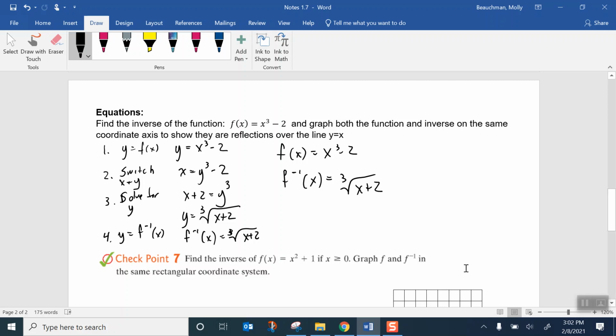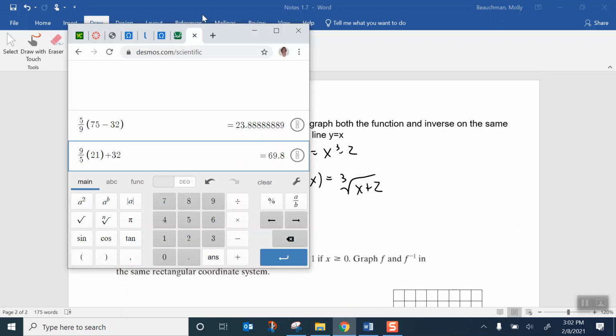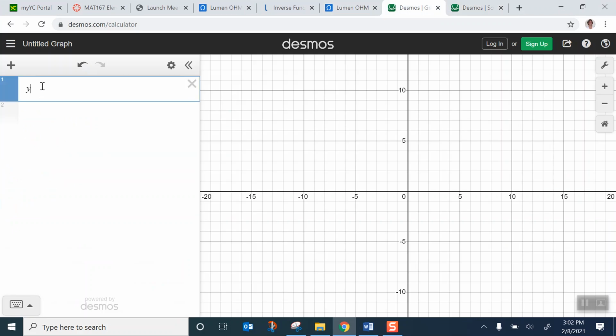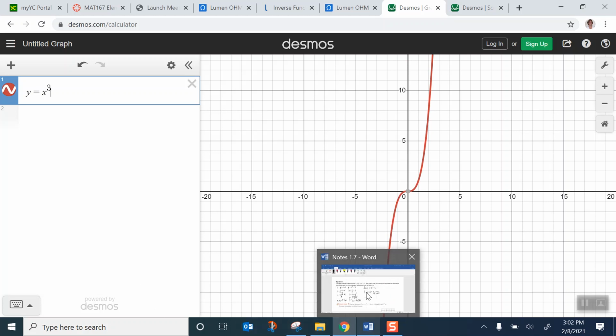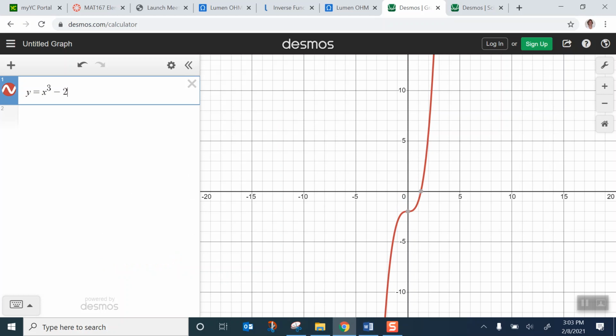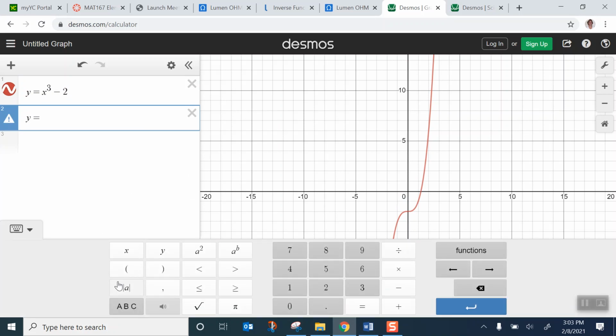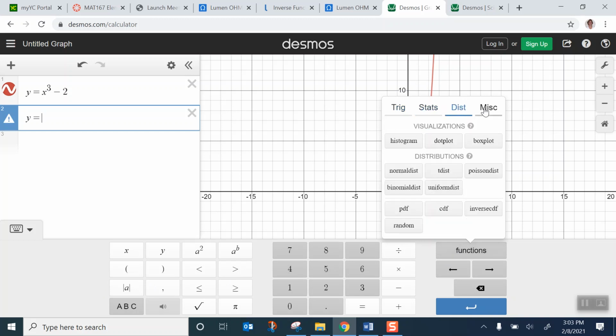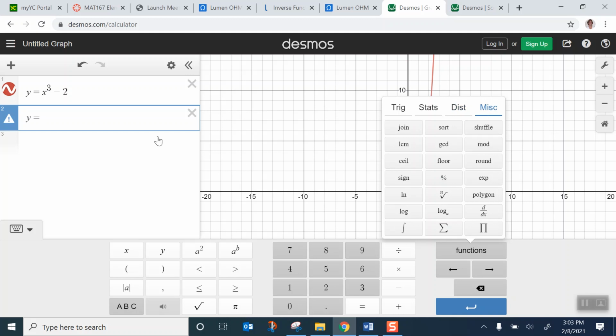And just to make sure, let's graph those on Desmos. I'll use y equals. So our first function was y is equal to x to the third. What was it, minus 2? Let me double check real quick. Yeah, x to the third minus 2. And the inverse was the cube root. So we need the keypad. Cube root and to the power of a third are the same. So if you don't want to go through and look at all the functions to try to find the cube root, I'm going to take x to, here it is, cube root